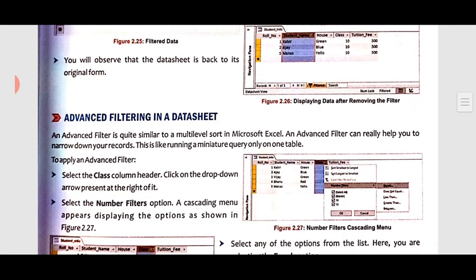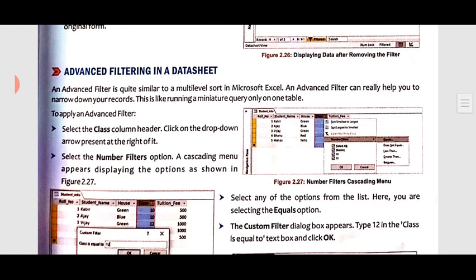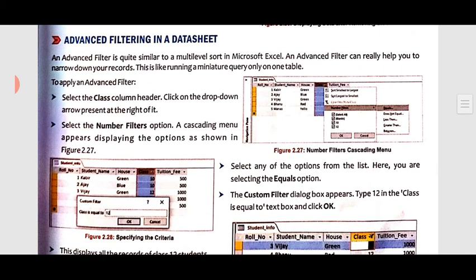Now here is the next topic, advanced filter in a datasheet. An advanced filter is quite similar to a multi-level sort in Microsoft Excel. An advanced filter can really help you to narrow down your records. Narrowing down your records means we can easily find the list of records desired for your work out of the big amount of information or data set.